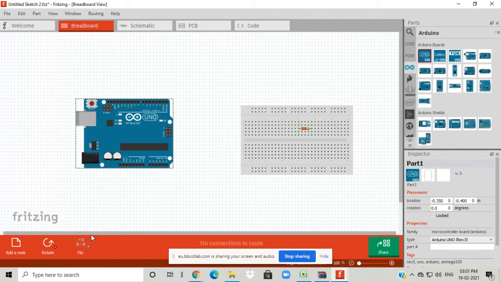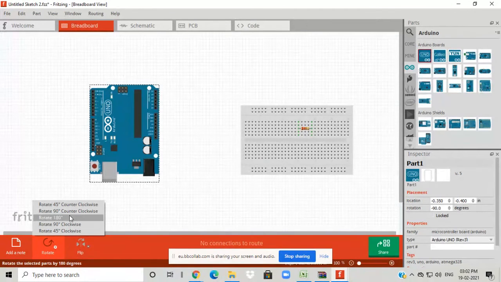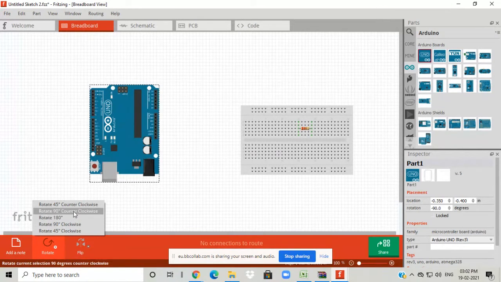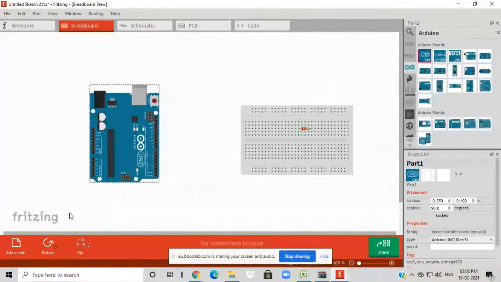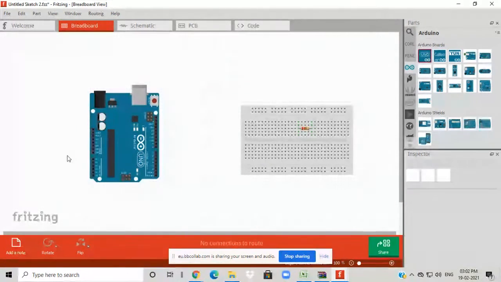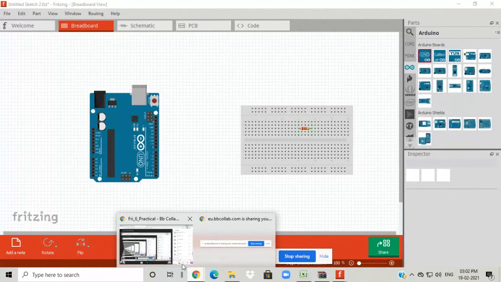I want to rotate it, so the rotate option is there. Okay, so it is the breadboard and the Arduino.